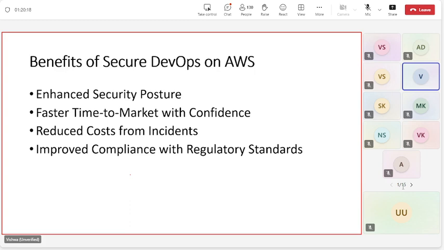A major problem in the industry: the number of security incidents in a system or in operations is very small, but the impact of security incidents is very high. The number of non-security incidents is very high, but their impact is very low. Always remember that.